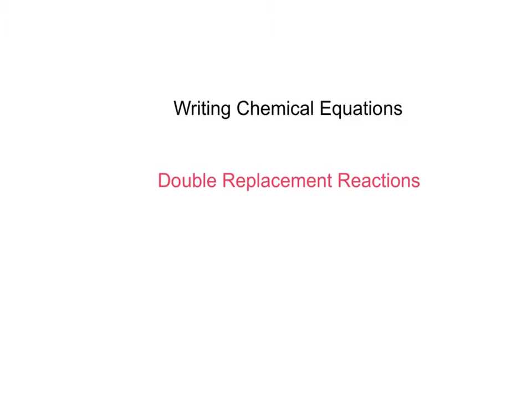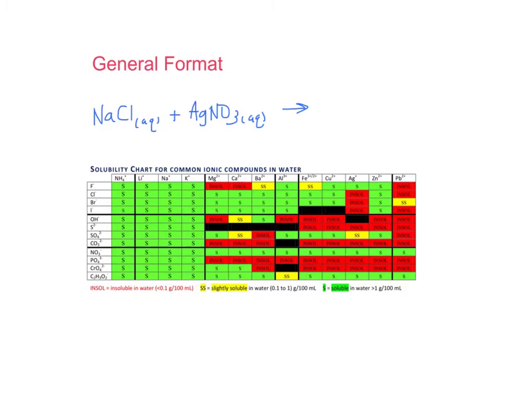Okay, so I wanted to give you a little bit of a refresher about how we predict double replacement reactions and also how we write something called a net ionic equation. So the general format for double replacement reactions involves two compounds reacting to form two new compounds. The general format that's followed in these situations is like an AB plus CD giving you an AD